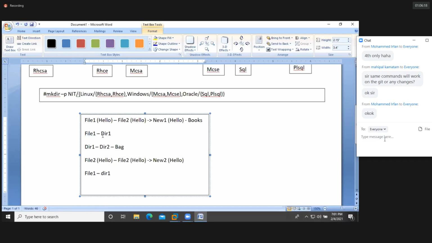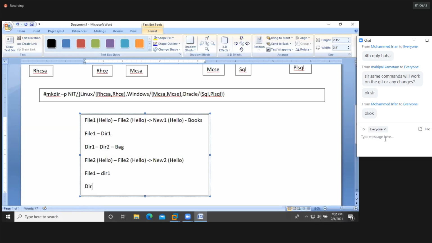With copy, paste, we'd have file 1 on the desktop as well as in dir1. But in this case, we don't have file 1 on the desktop. So we are removing file 1 from the desktop and copying it into dir1. Clear?